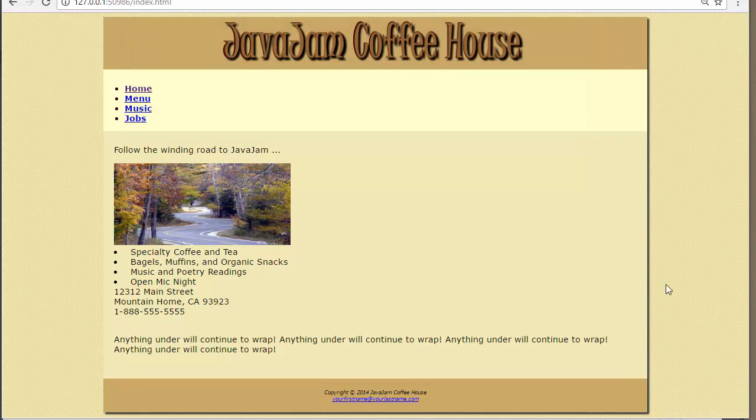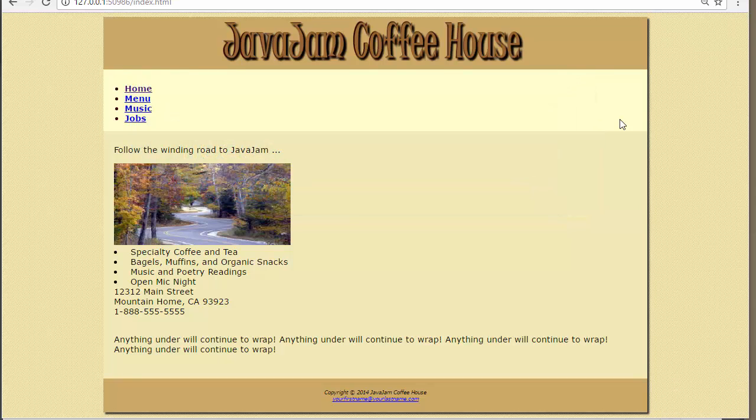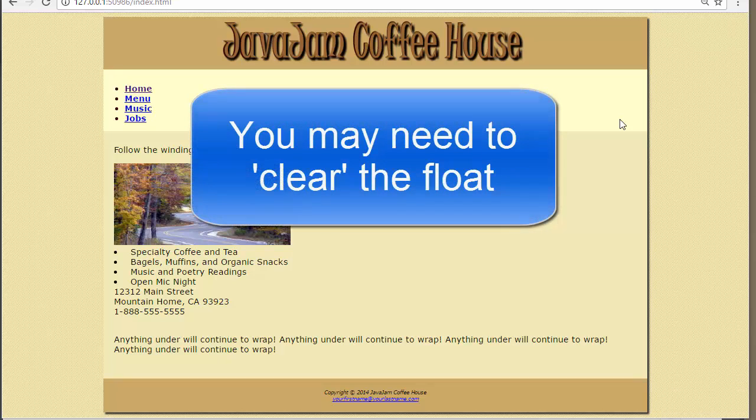Now, some properties, such as font size, margins, padding, it doesn't matter where that container is. Those properties will work the same regardless. However, floats will work differently depending on what's on top of it, what's on the bottom of it. So they are very specific to the layout of your code. Sometimes they will work beautifully. Sometimes there will be some issues and you'll have to write some code to work with those issues, such as